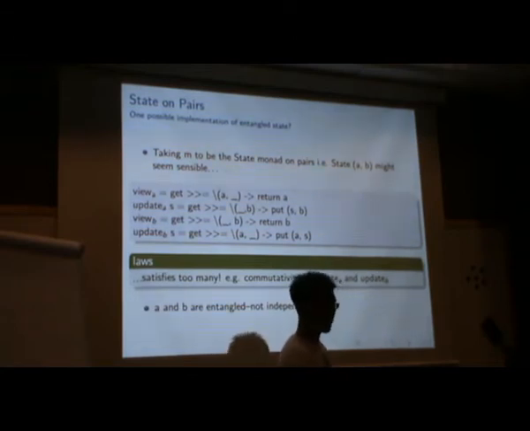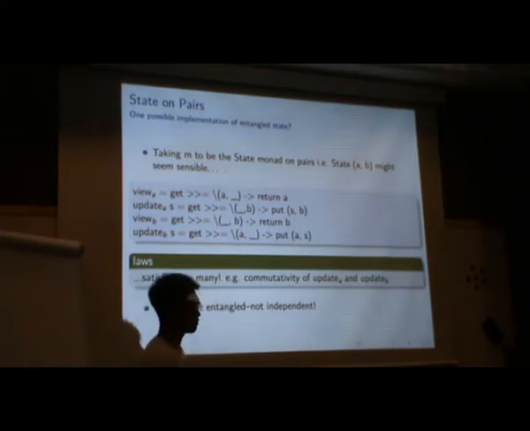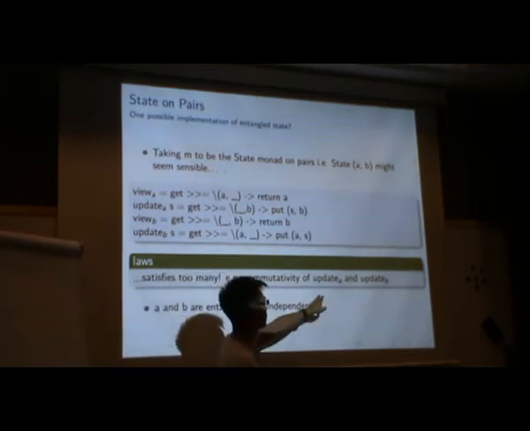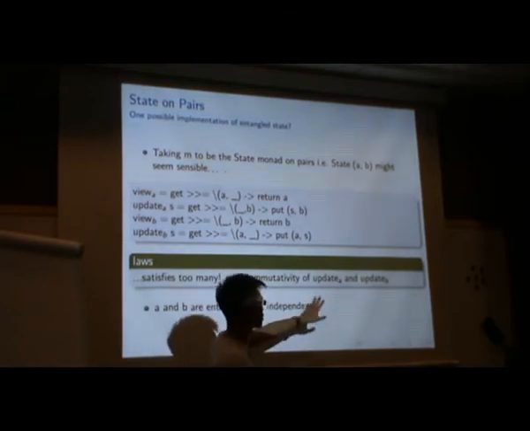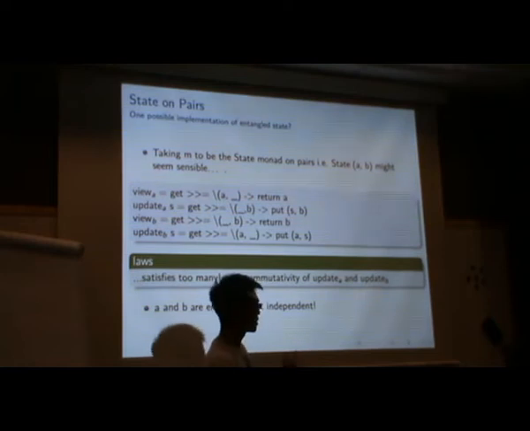Okay, so given this natural implementation, we actually find that it satisfies too many laws. So in particular, if we implement this view model BX in this way, with this state monad on pairs, we get commutativity of update A and update B. Which is to say, if I write to memory cell A, and then follow it with a write to memory cell B, that's the same as doing it in the opposite order, so writing to B and then writing to A. Which would make sense if they were independent, but